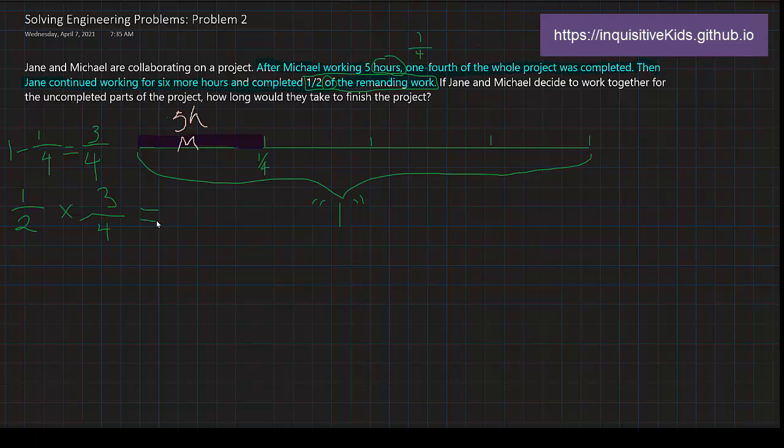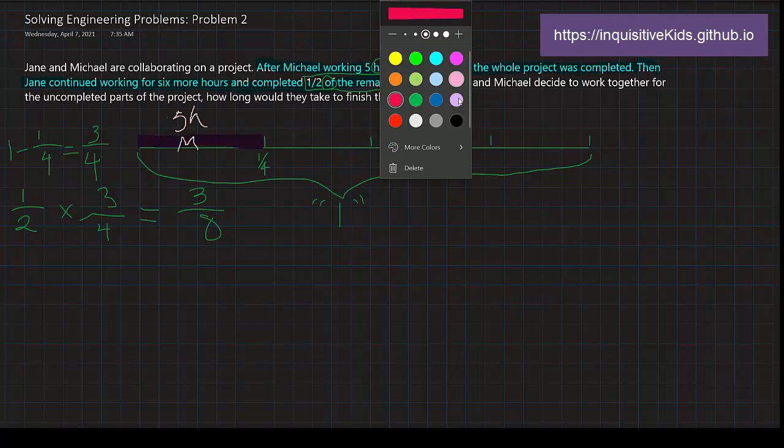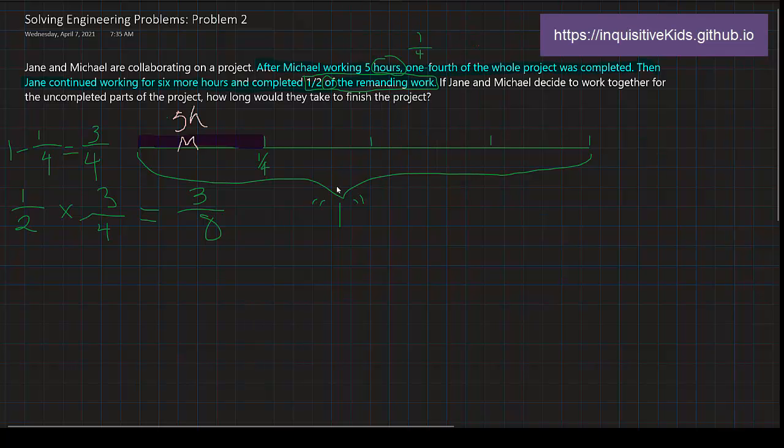1/2 times 3/4, we multiply the numerators and the denominators. That would give us 3/8. So if you were actually to mark it, I would say that 3/8 is, well, this is 2/8, and then one more eighth. That would be about